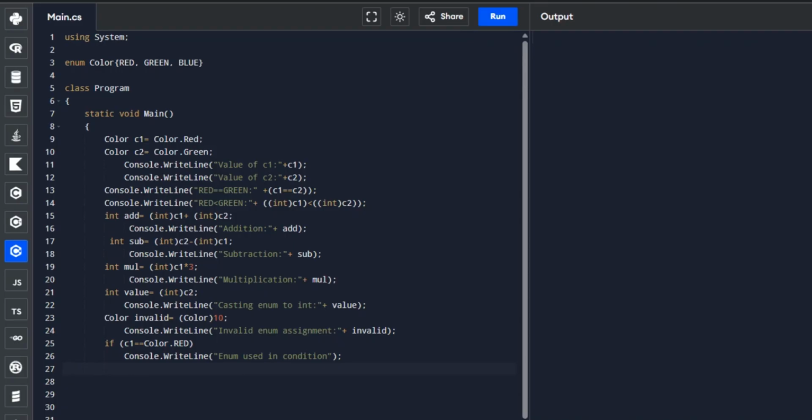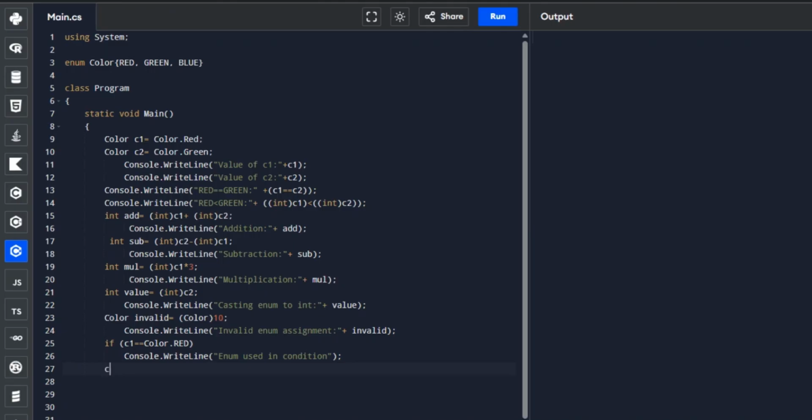Okay, we are now done with the number 9 operation, which is using enum in a condition. Let's now go to the last operation, which is incrementing an enum. Yeah, incrementing an enum.